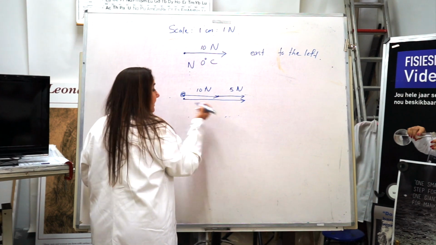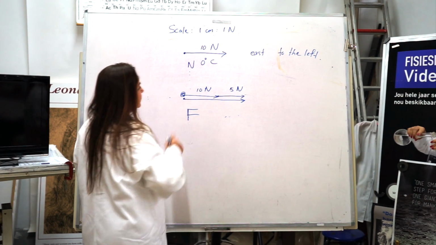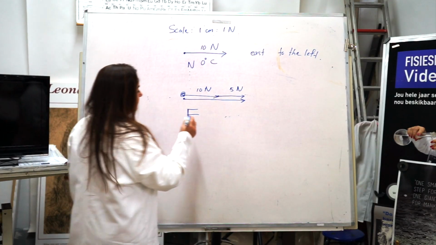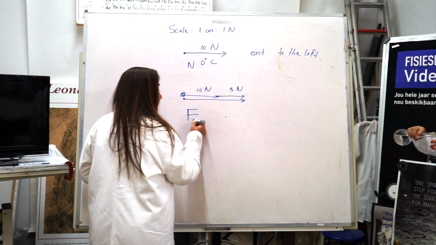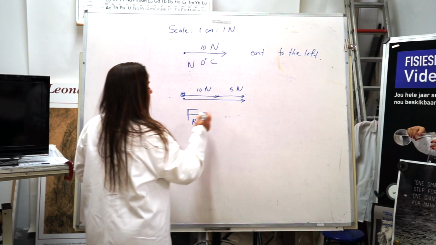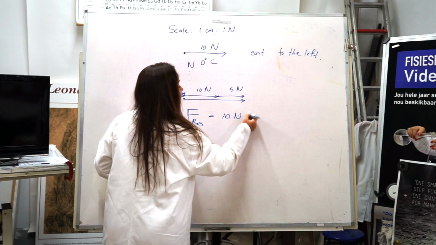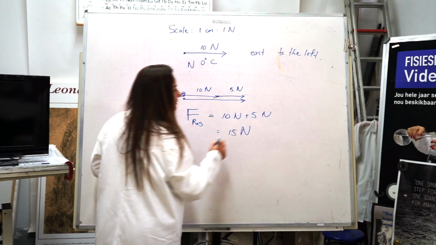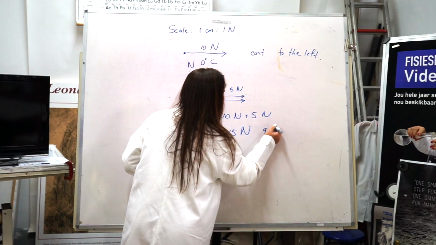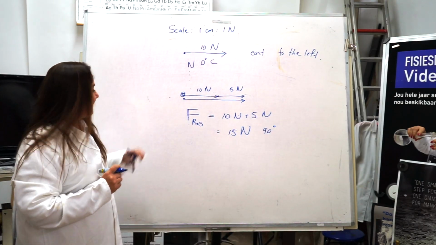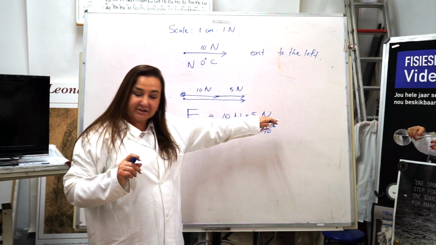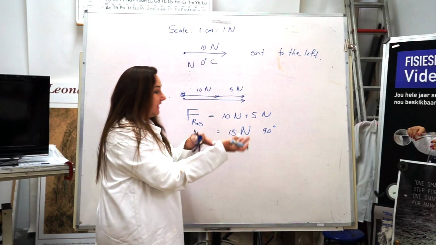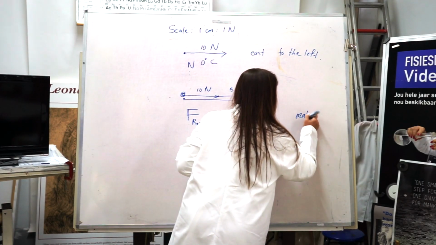So my resultant force, and I'm going to use force F with a capital, I'm going to say that resultant force, F resultant, equals that 10 Newton plus the 5 Newton, which would give me 15 Newton in a 90 degrees direction. There you have it. So that's easy when they work in the same direction. And we would always say when two forces are working in the same direction,